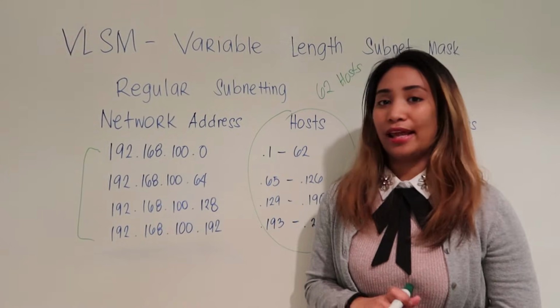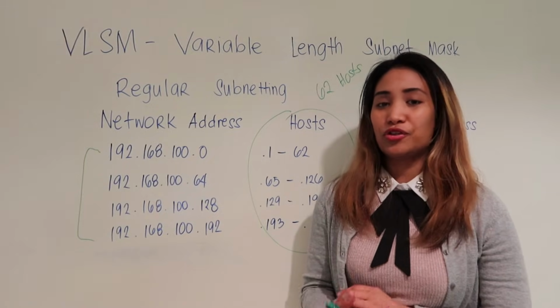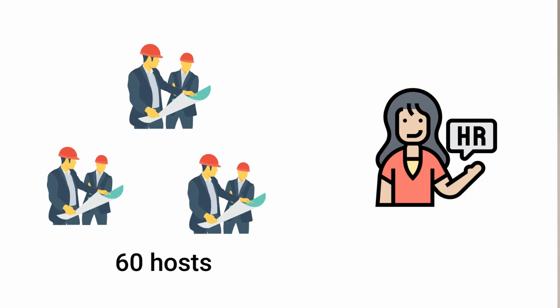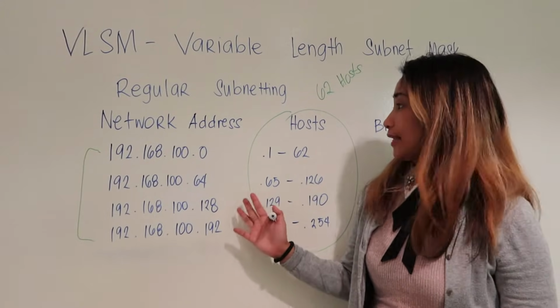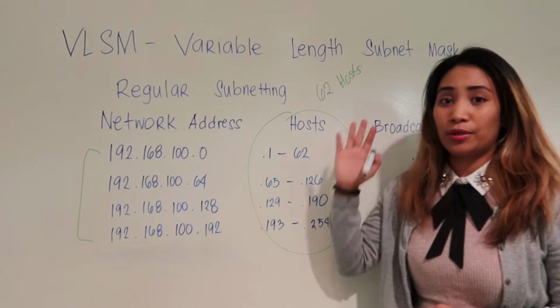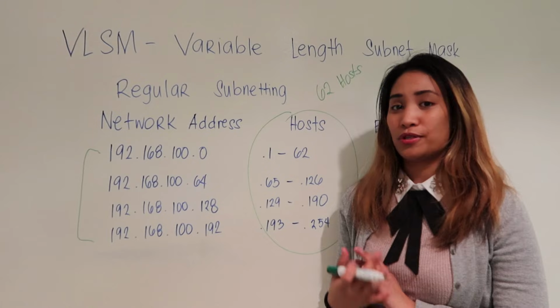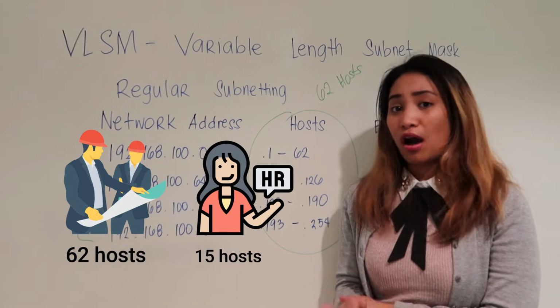Okay, to further elaborate the example, say in your network the engineering department needs 60 hosts, while the HR needs only 15 hosts, and your WAN links only need 2 usable hosts. If we use this kind of subnetting that accommodates all 62 usable hosts, it would really accommodate the number of hosts needed for the engineering department, and for HR, it would accommodate the 15 hosts that they need,